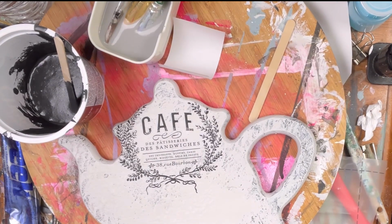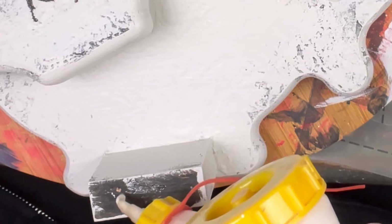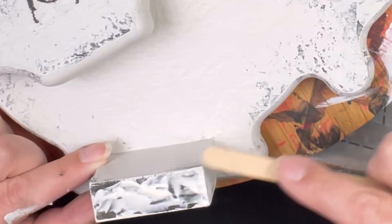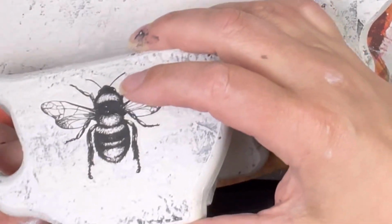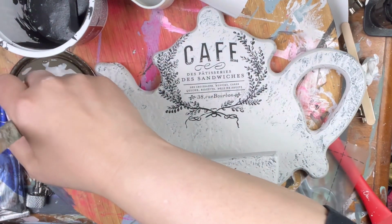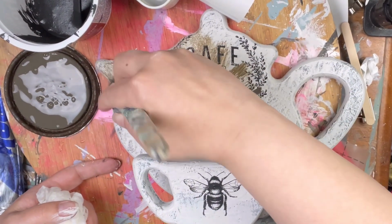Now, glue back. Some wood glue in here. Alright, we'll let that dry. I am going to put some aging glaze on this. I was not going to, now I am. It's just looking at what's going on and then making decisions here. I'm going to just